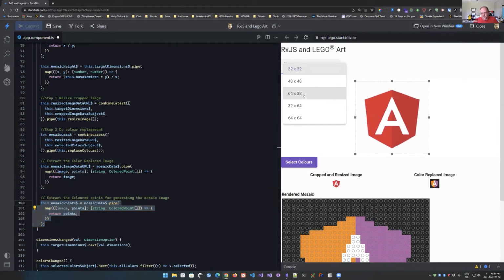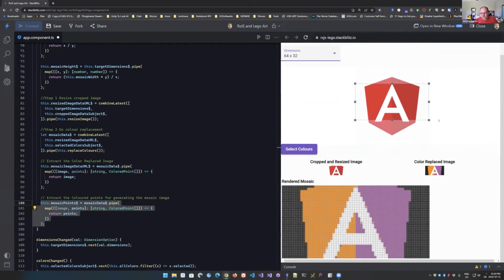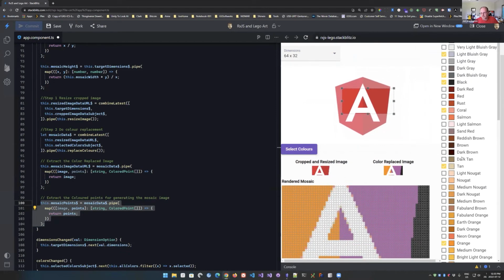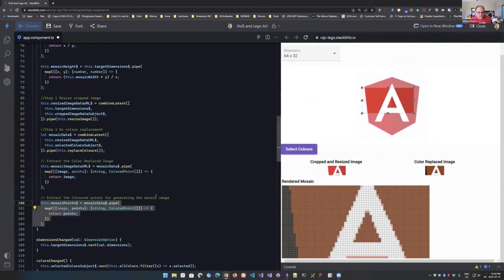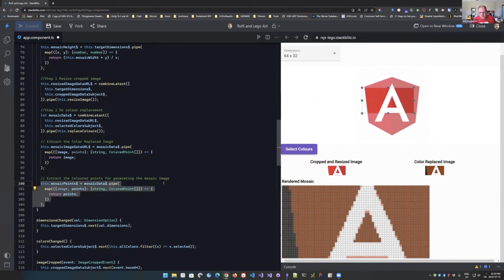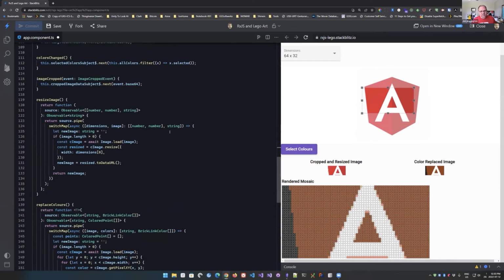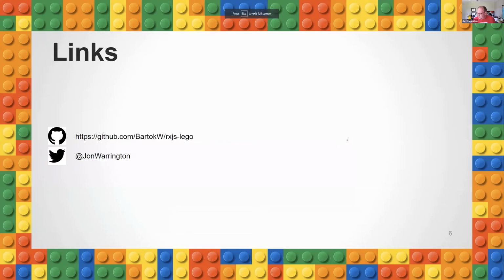So now if I was to change shape, move things around, and you get all sorts of other fun little things. I have brown, reddish brown, gives you slightly better colors. But again, it's mostly just piping your data through all the different filters, operators, and pulling out the bits you need at the end. The code is actually there on GitHub. And if you want to reach out to me, John Warrington on Twitter.